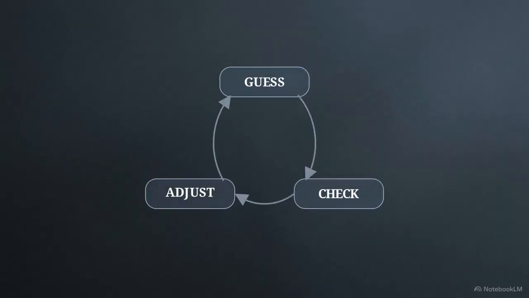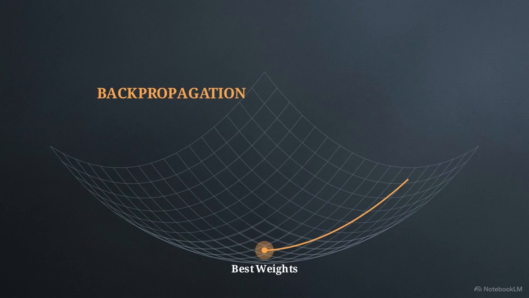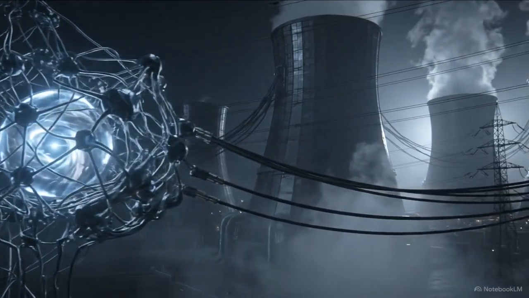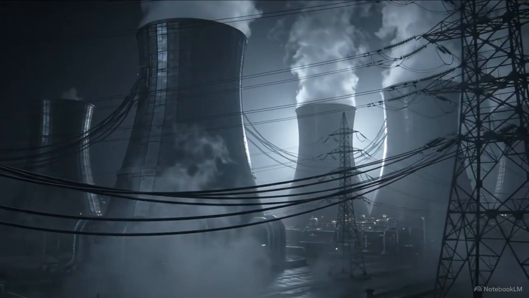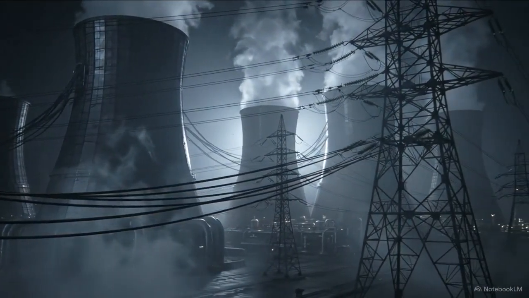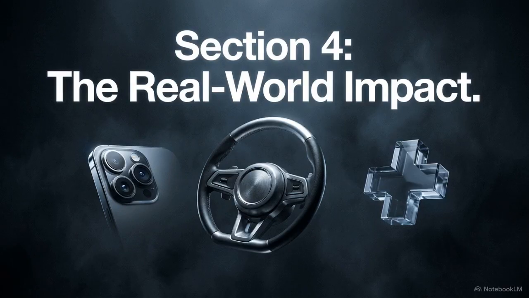To recap, a neural network learns through a mechanical loop. It makes a guess, checks its loss score, and adjusts its weights using gradient descent to move downhill, relying on backpropagation to assign the blame. Through this repetition, the network organically learns complex features layer by layer. But that digital intelligence is paid for by massive physical infrastructure costs. Now that the weights are finally trained and the network can accurately recognize patterns, we can explore how these mathematical structures power the real-world tools you use every day in Section 4.